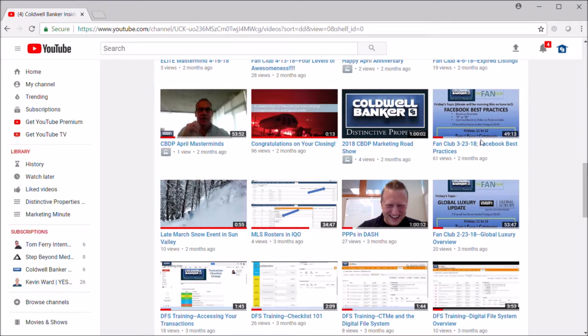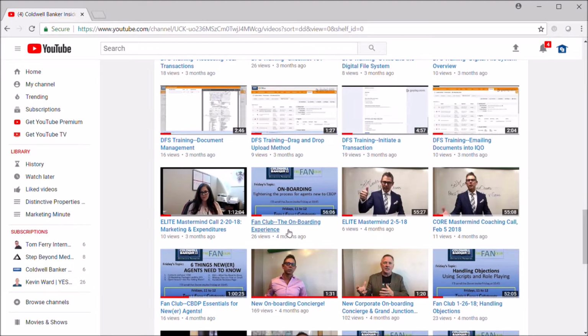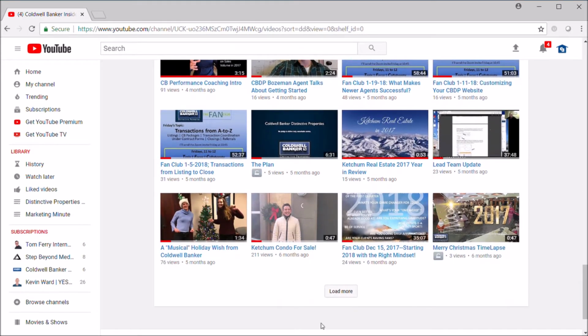Those are fan clubs. The fan clubs usually last about 45 minutes to an hour. You can see the time of all these. DFS stands for Digital Filing System. If you want to know how to get those things going, all those trainings live here. The onboarding experience, we've got mastermind calls, all sorts of things here, and it just goes on and on and